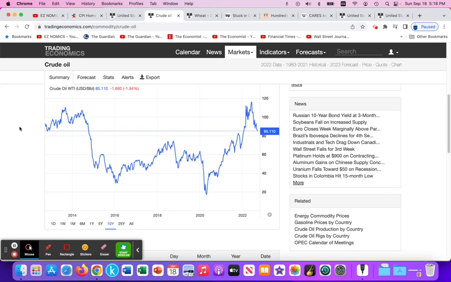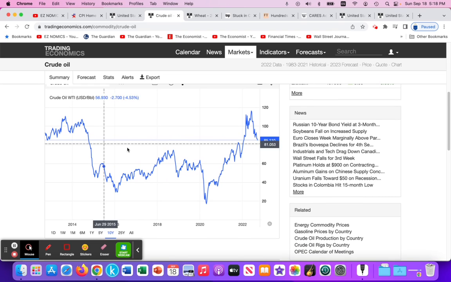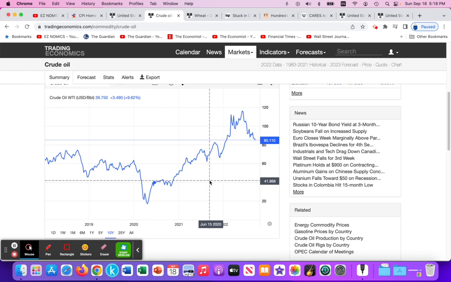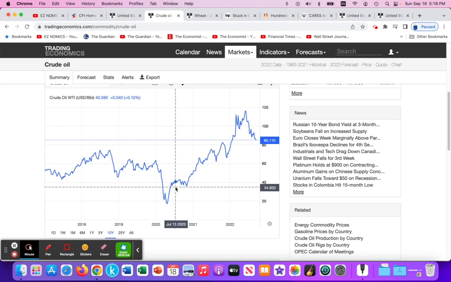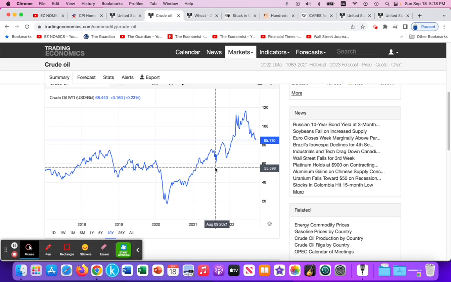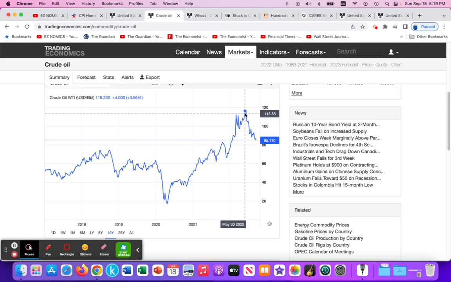We saw the higher energy prices. That's coming from, here we can see, rising crude oil prices over time. Here we see, that's going back to 2022, January, February. Here we have the beginning of the Russian-Ukrainian war, and then we have a spike in gasoline prices. They have fallen to $85 a barrel, but prior to that, going up to about $113 a barrel, that contributing to the rising energy prices.